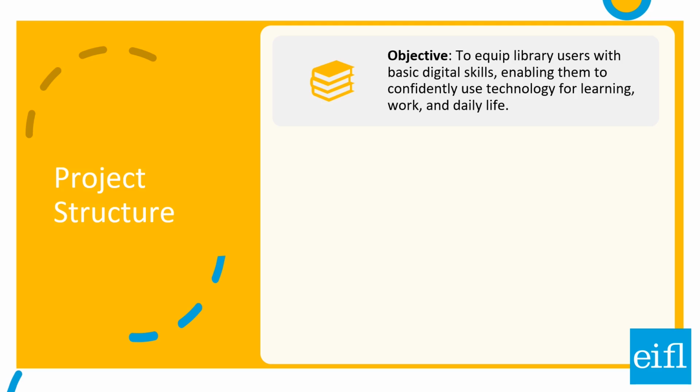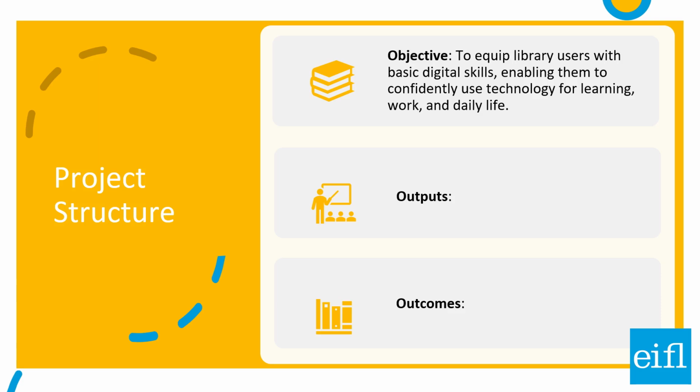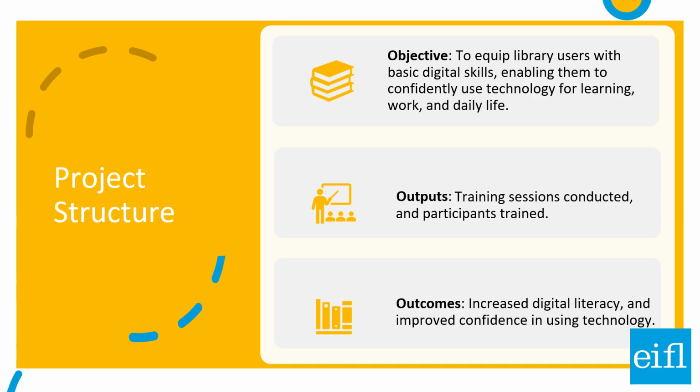The results of such a project can be divided into two categories: outputs and outcomes. Let's look at what these are. Outputs are direct measurable results of project activities, such as training sessions conducted or participants trained. Outcomes are specific and measurable changes that result from project activities, such as improved digital literacy or increased confidence in